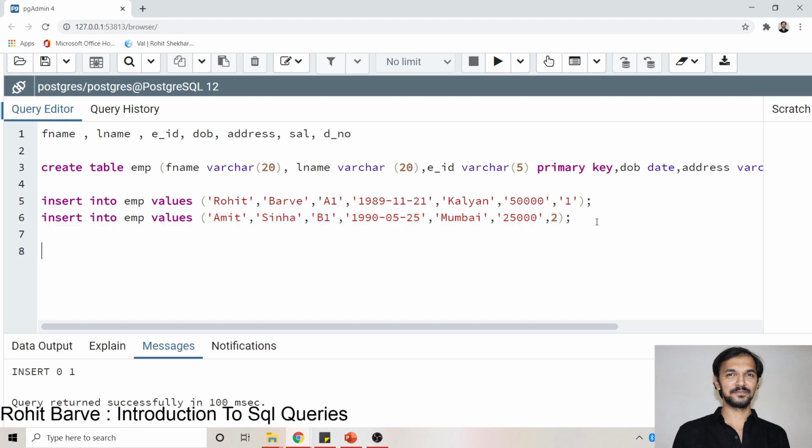Now we have done, up till now, creation of a table and insertion of values into the table. Now we have to see what values are already present in the table. To see what is there in the table, I write select star. Star stands for all. Select all values from table name. Now our table name is EMP.